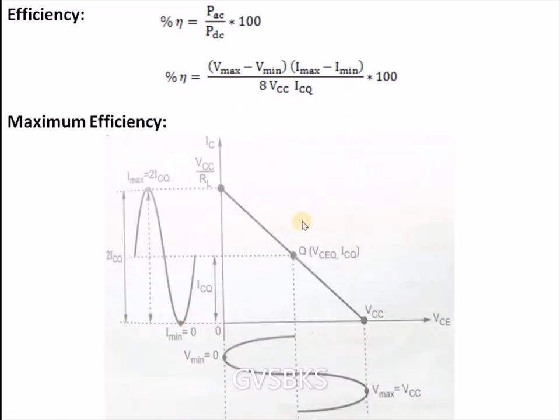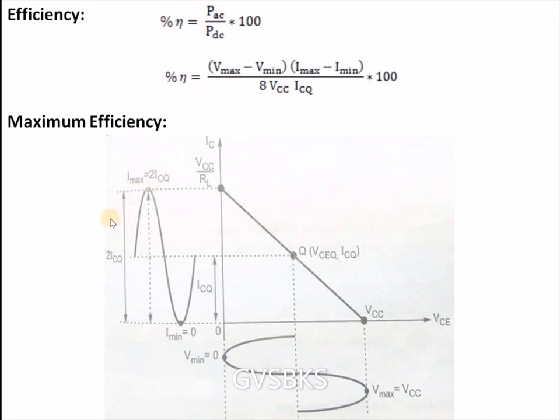In order to get the maximum efficiency for the class A series fed amplifier, the maximum output voltage we can observe is VCC. Vmax is equal to VCC, and the maximum output current is given as Imax